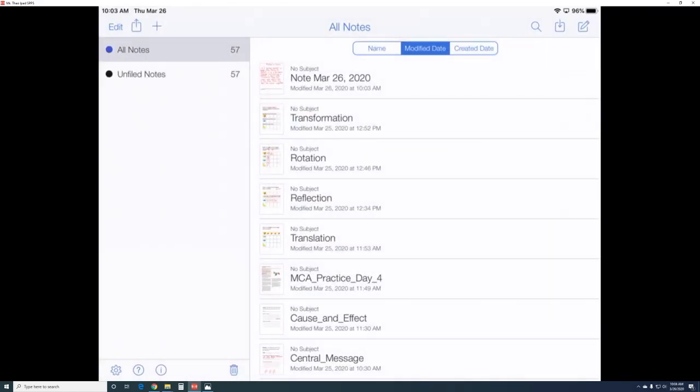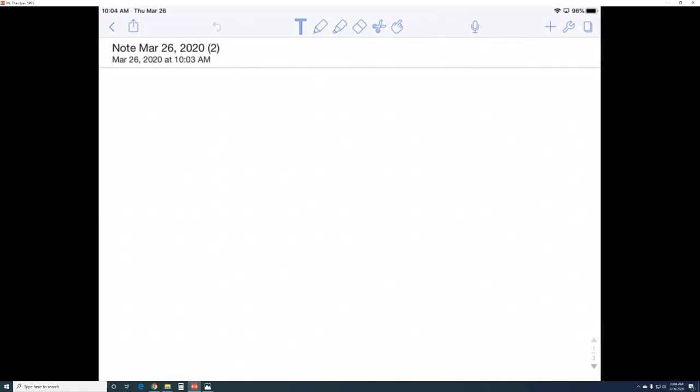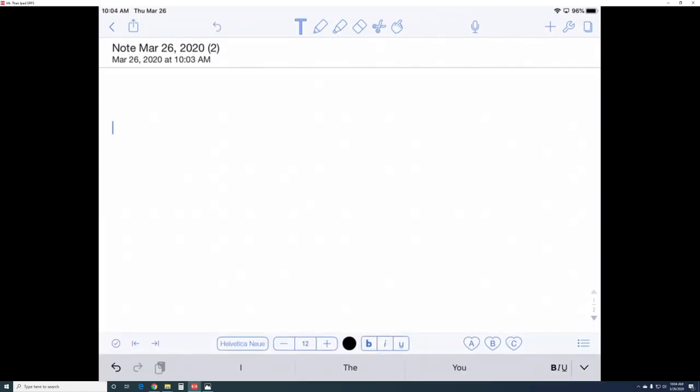If you are going to type, you want to press T, and you can tap anywhere. This doesn't require you to create your lines or anything like that. So you don't need to change it to line paper. But what I would like you to do is to look down here. I want you to change this up to 20, just so that it's easier for you to read. So first thing we're going to do is write the title.